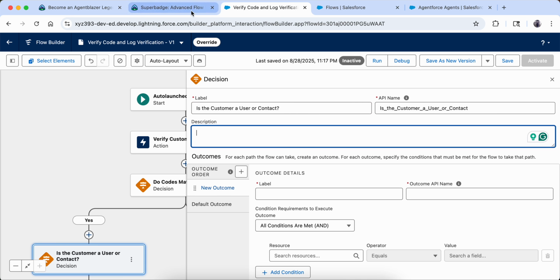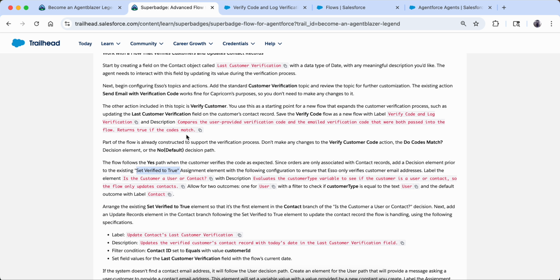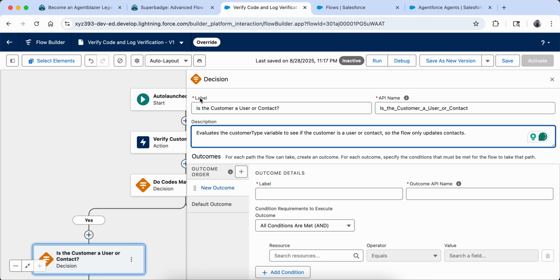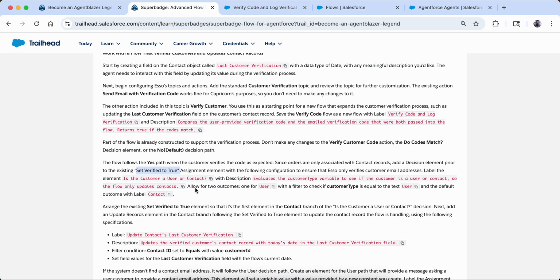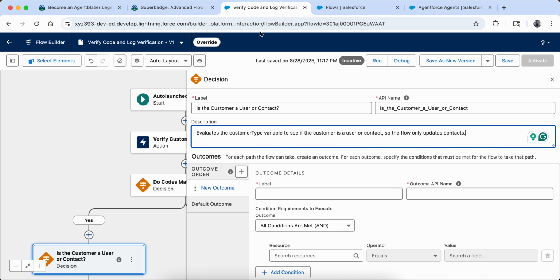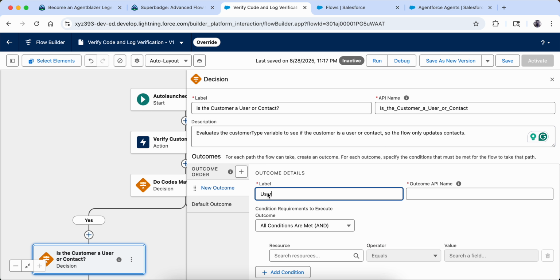So API name is this, and then the description. So let me give this description. Then they're saying allow for two outcomes: one for user with a filter to check if customer type equals the text user. So that means outcomes are two.